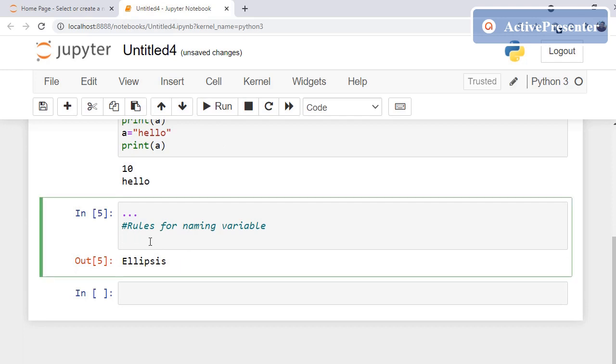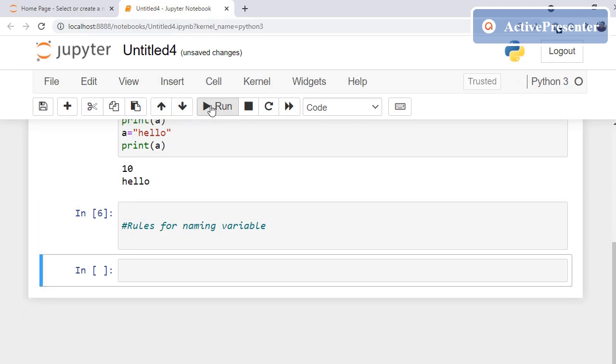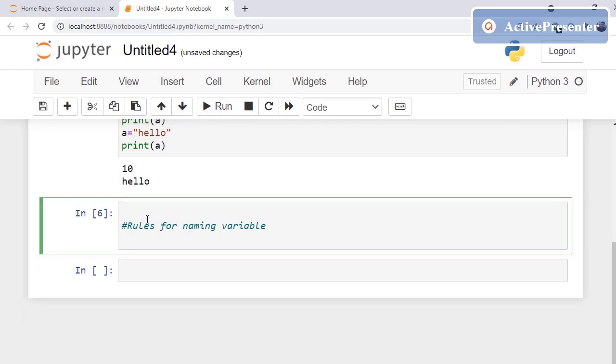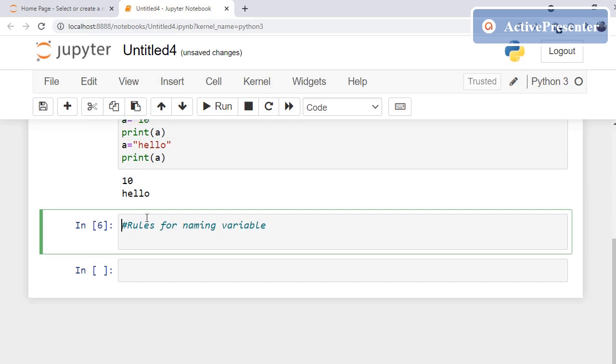I was trying something but it didn't work, so okay, I'll write it in the comment line like this. Rules for naming the variable. Rules means what? You cannot randomly name your variables, right? What are the limitations, or the things you need to remember before you choose a variable name? Variables are user defined, so what you want to take, you should take as the variable.